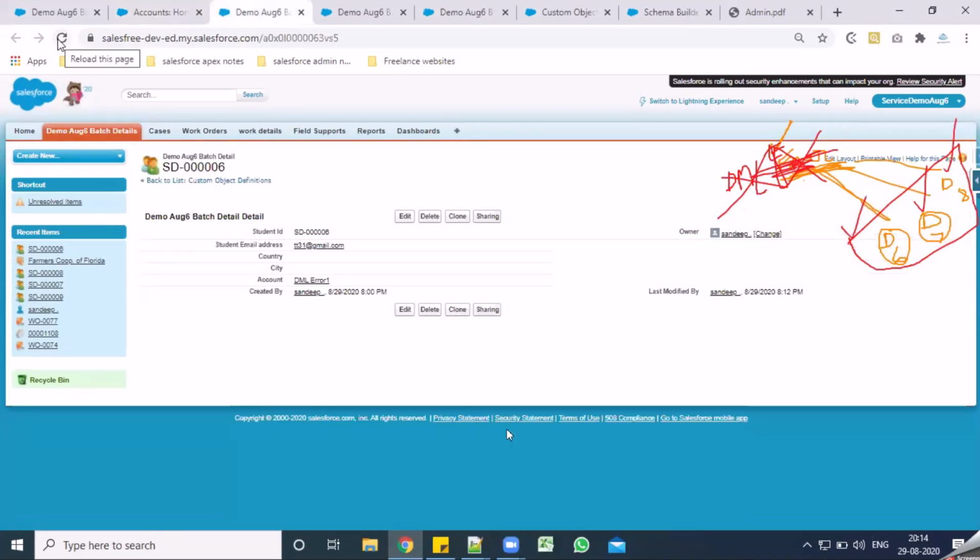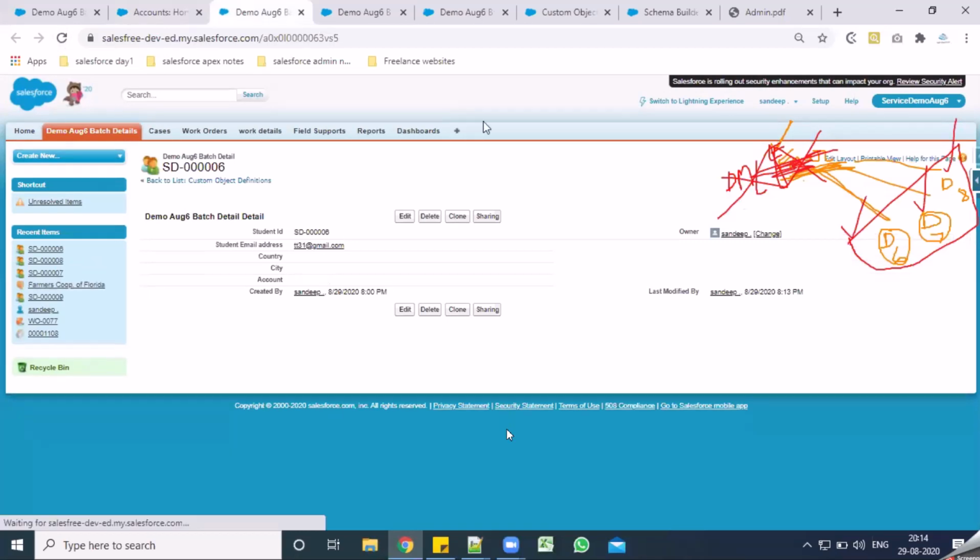So if I quickly refresh the screen, help me understand what is missing here. If you see, this account information is lost. That means there was an account tagging all these records. Now this is removed, and all the records are losing that information on that field. If there is no account, there is no point in having that value populated in the system. So what Salesforce is doing is removing that information on the connected records.